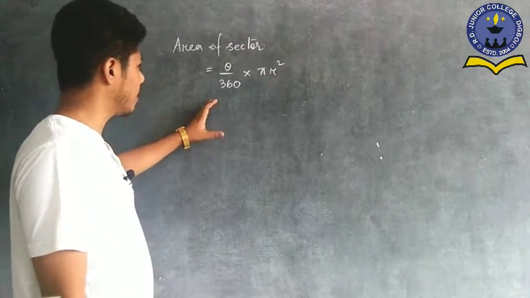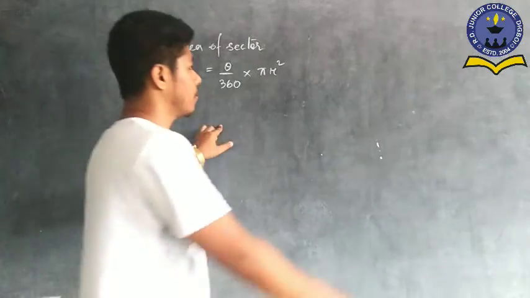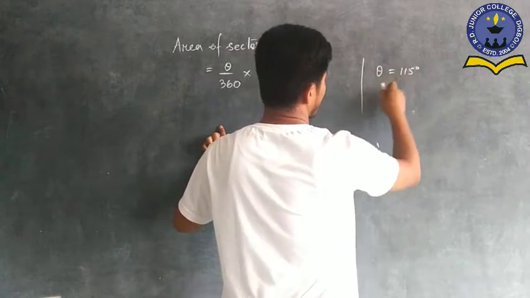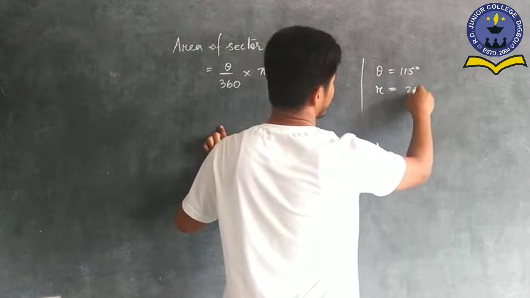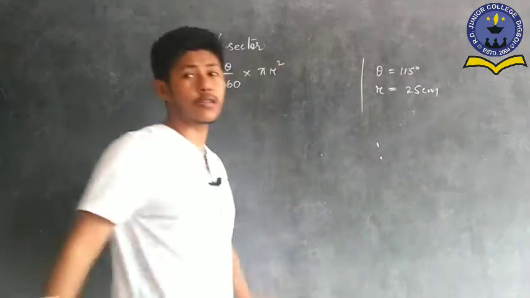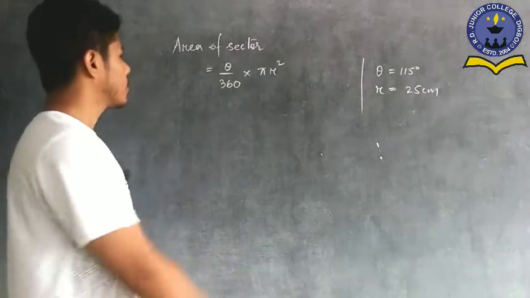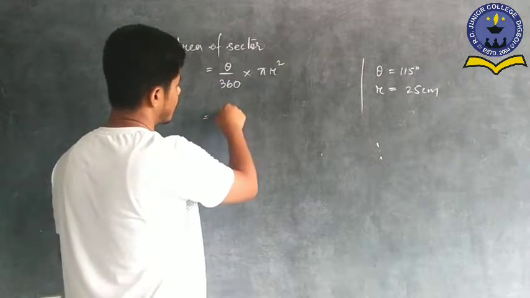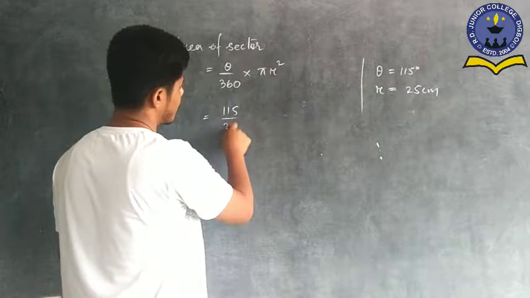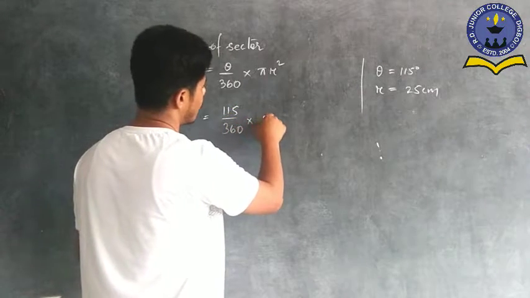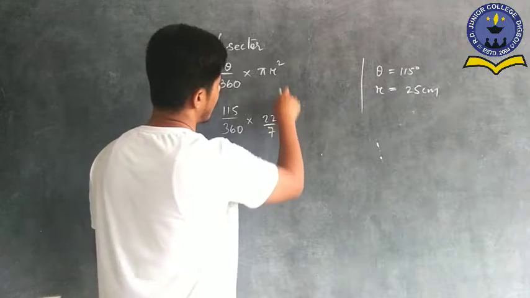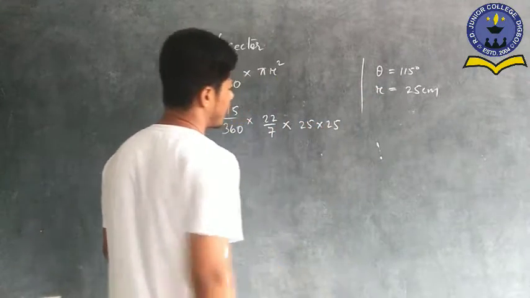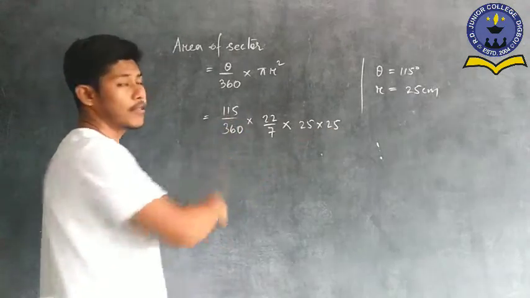So if you see here, theta is already mentioned. So what is theta? Theta means 115 degree, and the radius is how much? 25 centimeter, is it not? So these two are given. If we put these two values here, then what do we get? Theta means 115 by 360 into pi, 22 by 7, into r square. R means what? 25. So that's why we have to write 25 into 25. So if we calculate this result,